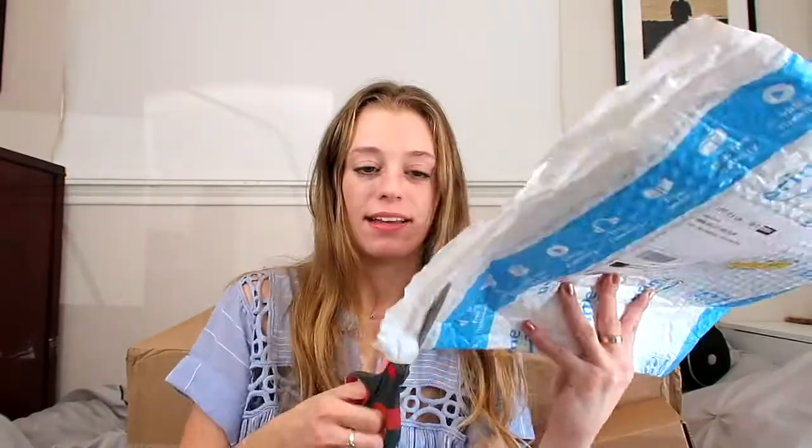Item number 2. Ta-da! Okay, I showed it to you upside down for the second time. This is a notebook. I actually do use journals, not so much for Dear Diary scenarios, but more of just making lists, writing down things I want to remember, taking notes when I watch some sort of webinar or seminar or workshop. And so I was just out of space in the last one I had, which, by the way,